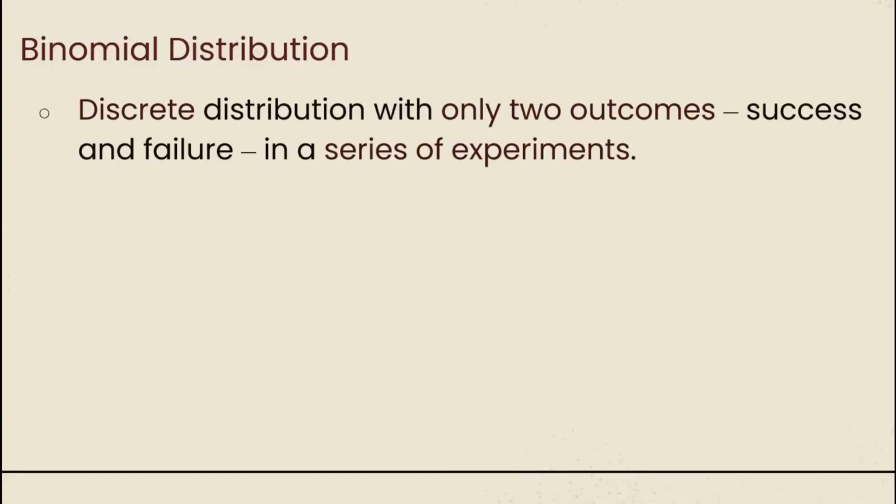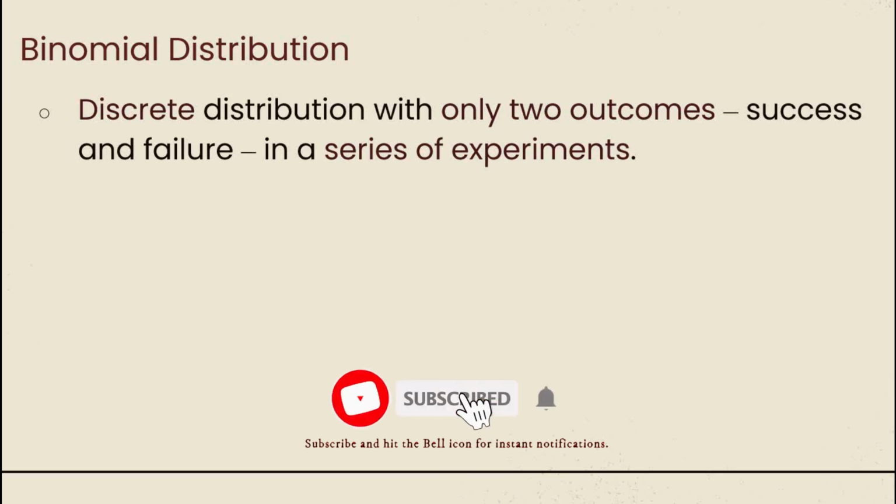Binomial distribution. Binomial distribution is a discrete distribution with two possible outcomes only in a series of experiments. Those two possible outcomes would be success and failure. It is a distribution of a discrete random variable which represents an experiment with only two outcomes over a number